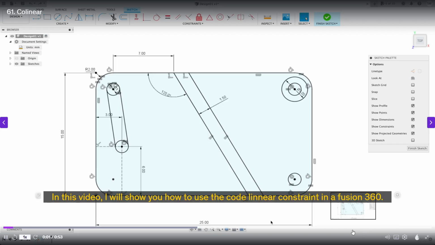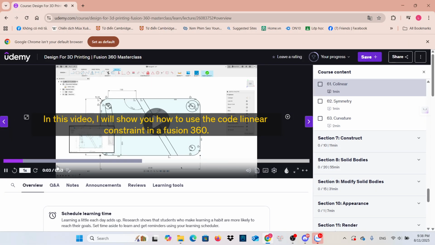In this video, I will show you how to use the collinear constraint